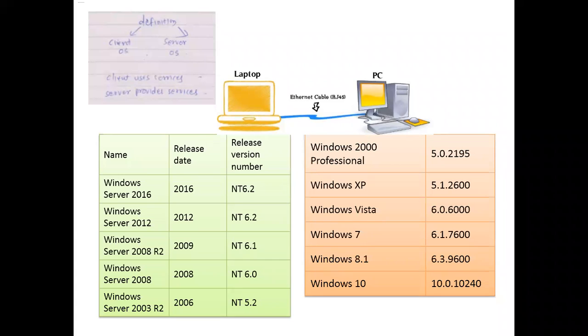And as far as a server is concerned, in simple language, a server can be defined as the machine that shares or provides some service. So a client is nothing but the machine that uses the service on the network, whereas a server is a machine that provides service on the network. So the first thing is: what type of service can a server provide on a network?